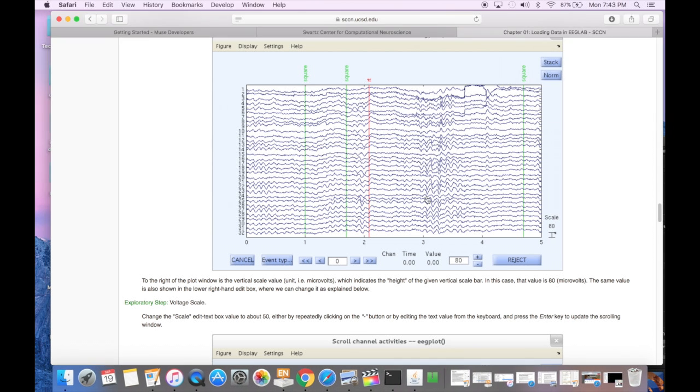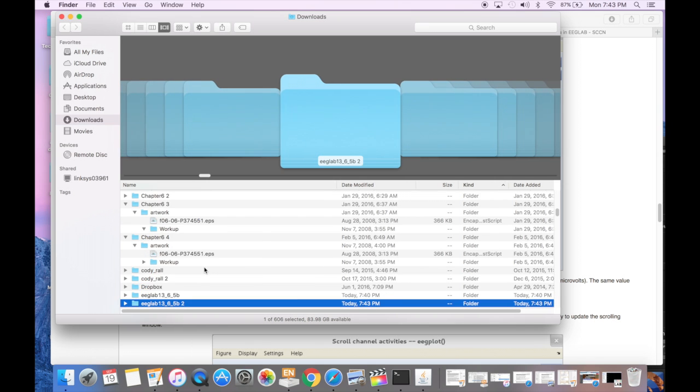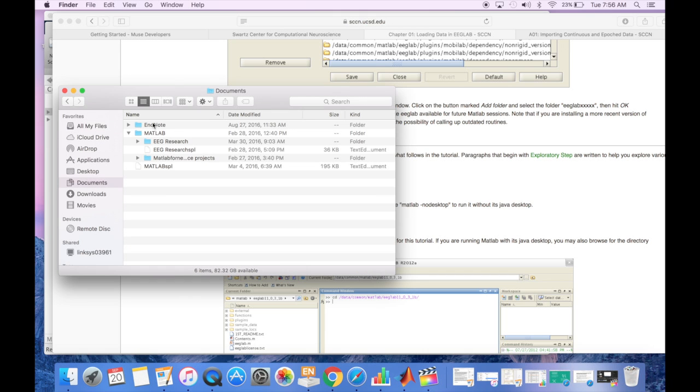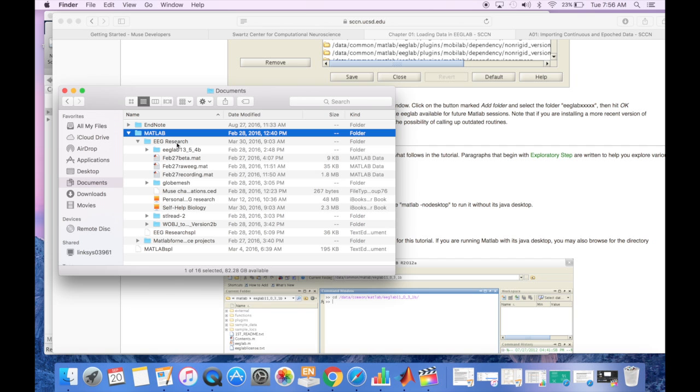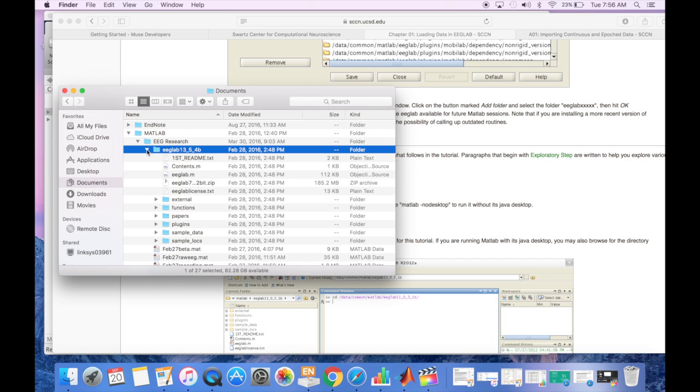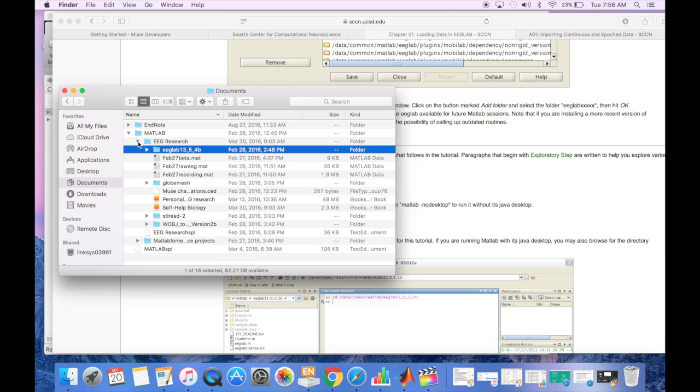Once you download the EEGLAB folder, I want you to unzip it and actually locate the files. What you're going to do next is find the MATLAB file and put the EEGLAB files under MATLAB. As you can see, I've set up a folder called EEG Research, and I've put the EEGLAB files within it. The reason I did this is because when you open MATLAB, you need to